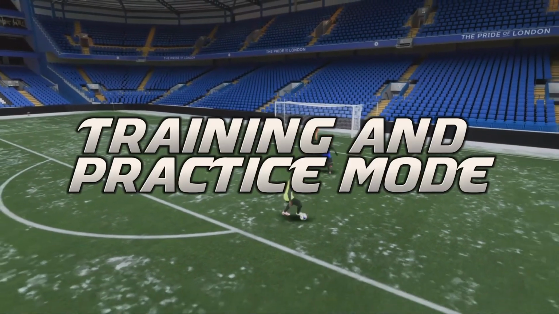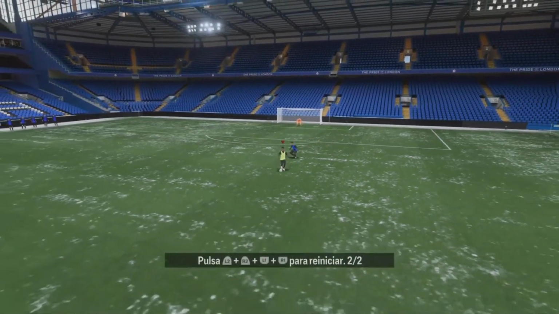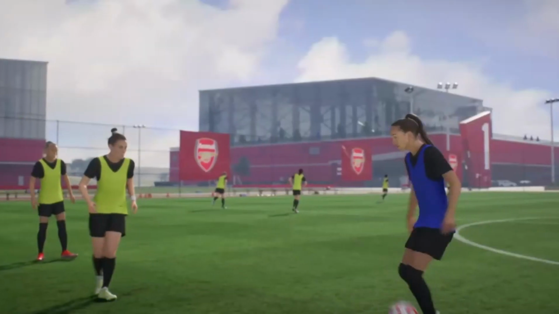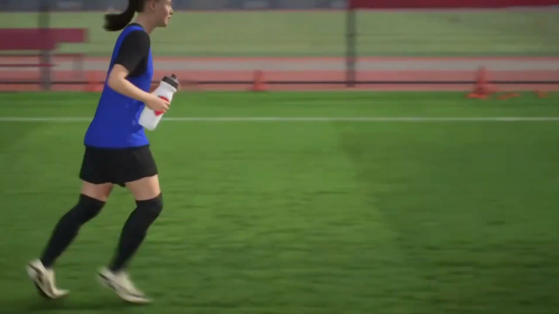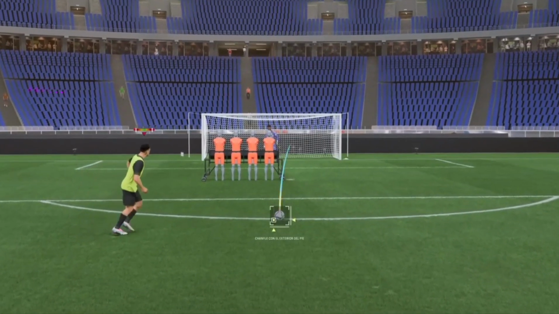When it comes to training and practice mode, FC25 takes the lead because it features an interactive training center with heat graphs showing your passing zones, shot trajectory analysis, and bounce prediction based on real physics. In addition, mini-games to Perfect Skill X, where you master the parabola of the free kick or the accuracy in